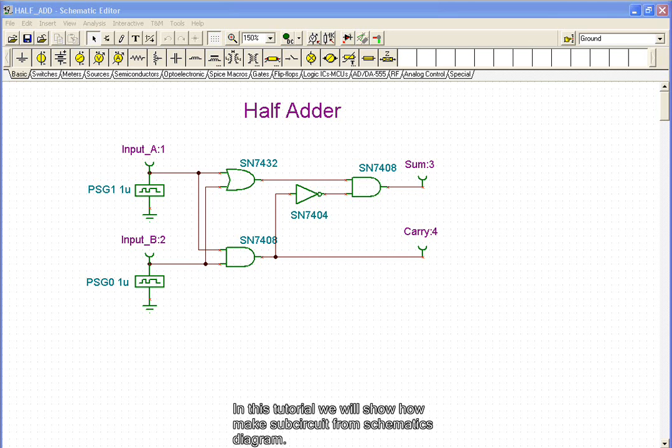In this tutorial, we will show how to make a subcircuit from a schematic diagram. Simplify schematics and hide clutter by turning portions of a schematic into a subcircuit. Tina automatically represents these subcircuits as a rectangular schematic, but you can create any shape you like with Tina's schematic